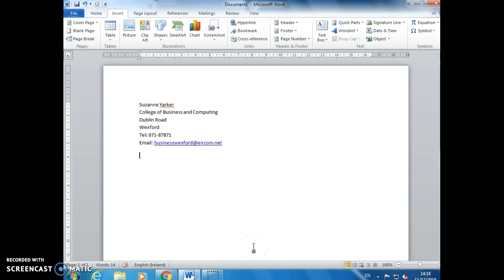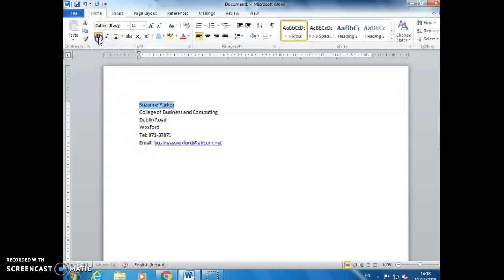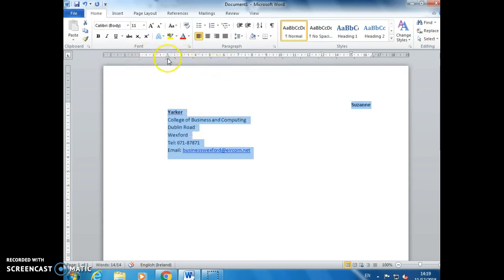The first thing it asks you to do is to type up the letter, but not have anything typed that's in inverted commas. So I'm going to type in my name, and in the letter it's bold, so I'm going to put my name in bold, and then I'm going to type the rest of my address. You'll see that that is tabbed across to this side, so I'm just going to use this to bring it across, and the bottom one across as well,